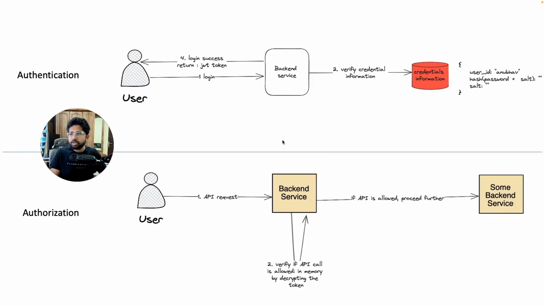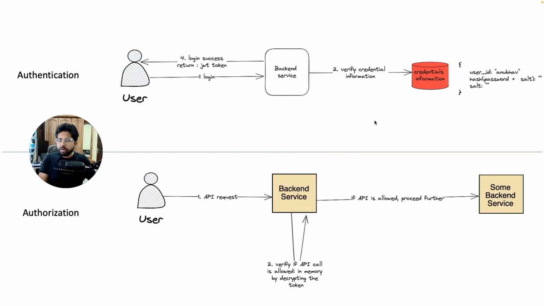In JWT token based systems, you will not have to make external calls and you will have a more scalable system. So that's the idea today. I'm going to start with the simplest authentication mechanism, where we'll see how easy it is to implement. Yet there are multiple challenges when it comes to scale. But when we take the example of JWT tokens, it will be very easy to scale and handle the authorization as well. So let's quickly get started.